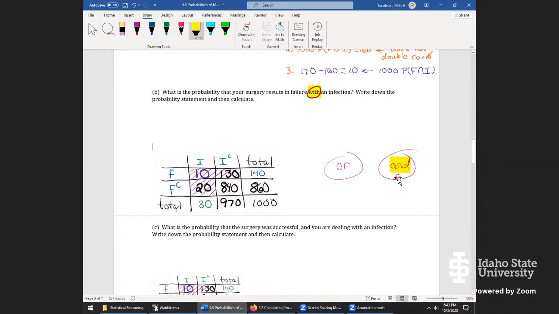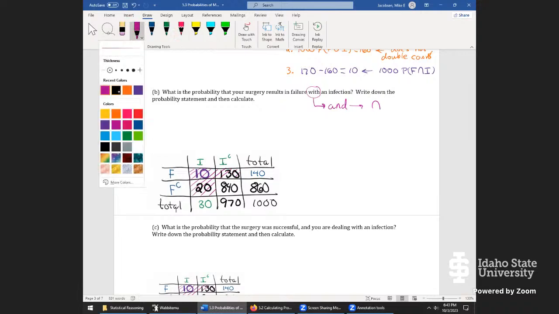They're going to tell you their problem in their own language, and we have to infer, are they talking about an or and right here? So that's the major challenge of probability, is the communication of it, writing out the questions or giving the interpretations. So right here, when they said with an infection, this is a glorified and statement, which means we'll use an intersection symbol. So the probability statement can now be written as,